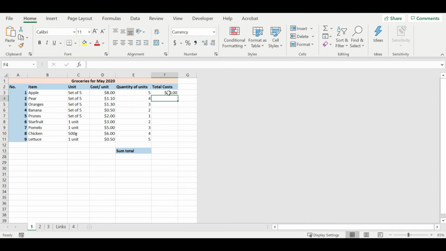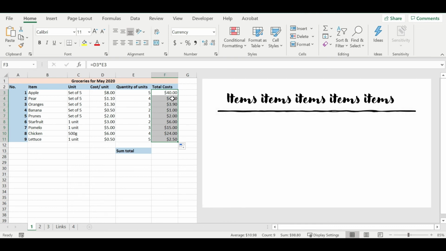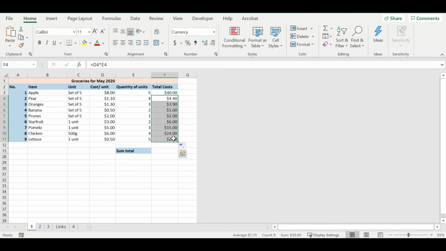And 8 times 5, it's $40. Now I need the same for the rest of the cells, so I just go to the bottom right corner of this first cell, click and drag it down, and release. And Excel autofills the rest of the cells with my formula. Now this works quite well because I have a short list of 9 items. But what if we have many items, thousands, 10,000s? It'll be a chore trying to drag everything down all the way, so we can just delete this,